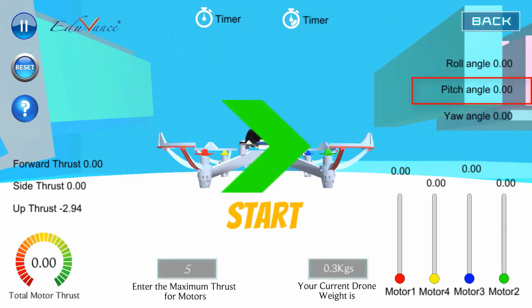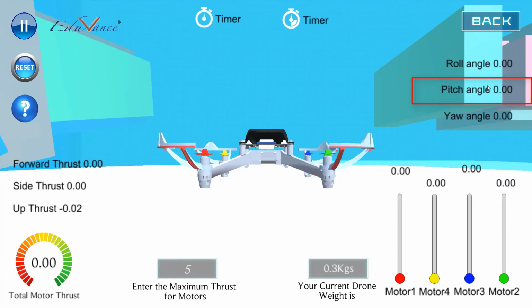Two quick points I wanted to show you: previously you saw that when we went forward, the pitch angle was positive. When we go backward, you will see that the pitch angle is 342 degrees or in the 300 range. The reason is that instead of showing a negative value, the simulator will show a value of 360 minus some number. So that's why you will see the number reduce. Let me quickly show you.